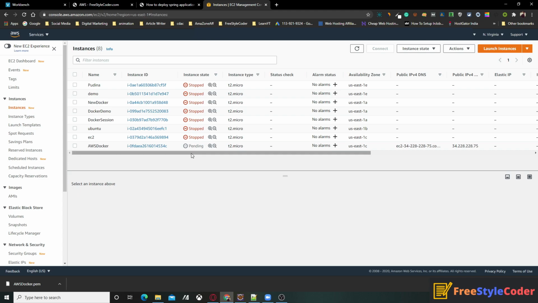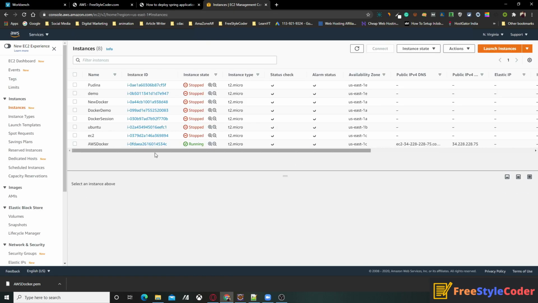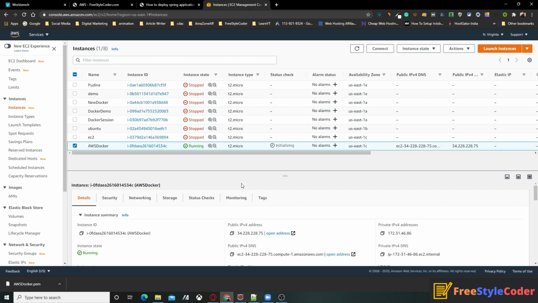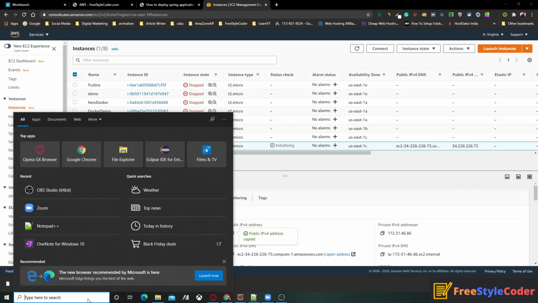It is still showing pending. Now our instance is running. So click on the instance. You will find the IP over here. Copy that IP address. Then open one software, MobaXterm.